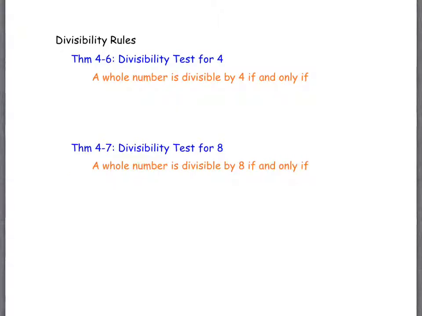Okay, so the next two are grouped together again because they're similar. Does anybody know the divisibility test for 4? This is not all that common, so you may not, but does anybody know it? That's okay, that's right. So with the number 2, we look at the last digit and we say, is the last digit divisible by 2? That is 0, 2, 4, 6, or 8. Well, with the 4, we actually look to see if the last 2 digits